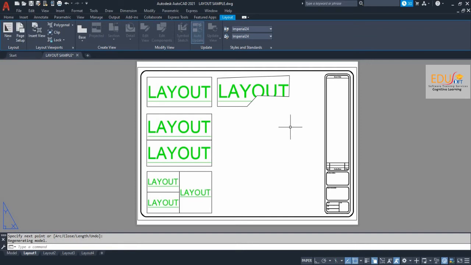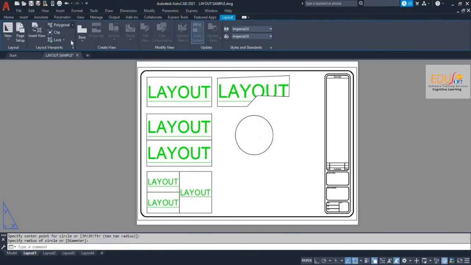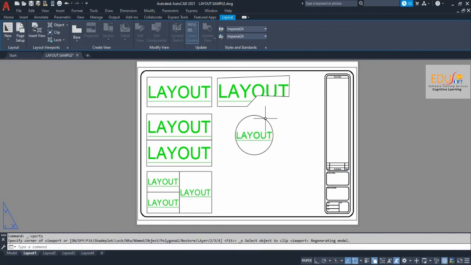Using this method, you can create viewports to show the entire design or separate details of the design at different scales and angles. Viewports can be made using a variety of objects including polygons, rectangles, and circles.